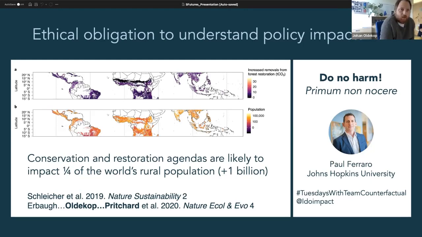So conservation intervenes with endangered species. It affects people's livelihoods, often in economically deprived areas. And we should really be thinking of changing our ethos from one of act first and learn by doing to one which is based around doing no harm. And so I think we have this ethical obligation to better understand the impacts of conservation